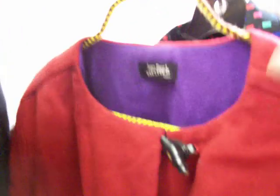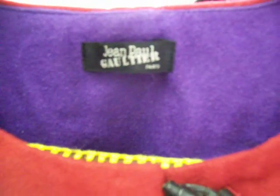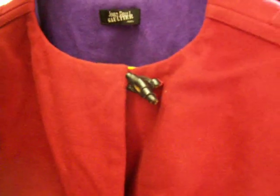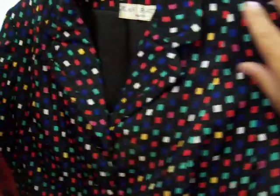This is a really cool short jacket, and it's in linen. It's from Claude Montana. Over here, this is a really cool short, very 80s Jean-Paul Gaultier, probably from like 1987 or 86. Over here we have a